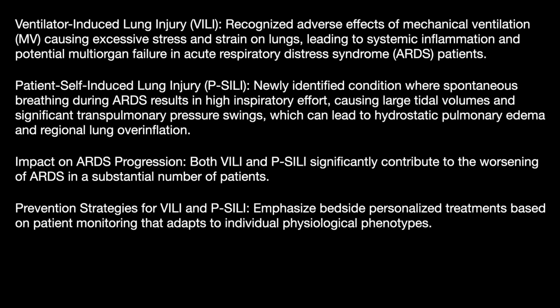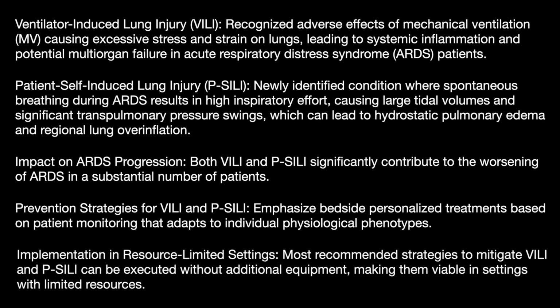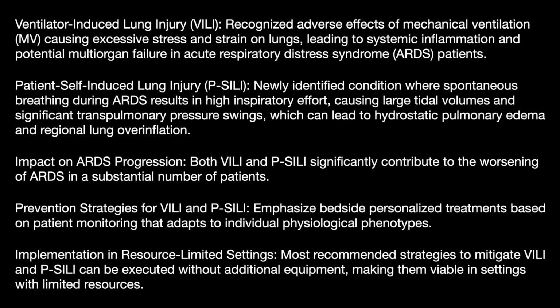Now, preventing this is emphasized to improve outcomes in ARDS, and bedside personalized treatment based on patients' monitoring, adapting to the individual's physiological phenotype, is essential. Most recommended strategies to mitigate VILI and PCLE can be executed without any additional equipment, making them viable in the